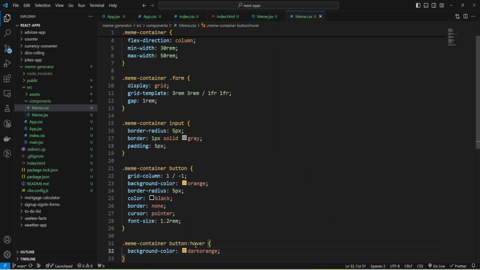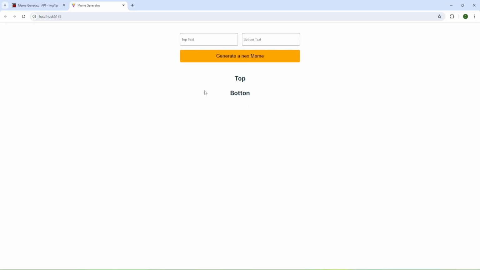Okay, and let's check. And as you can see, the font was increased, and when I hover over the button, the background color is changing.